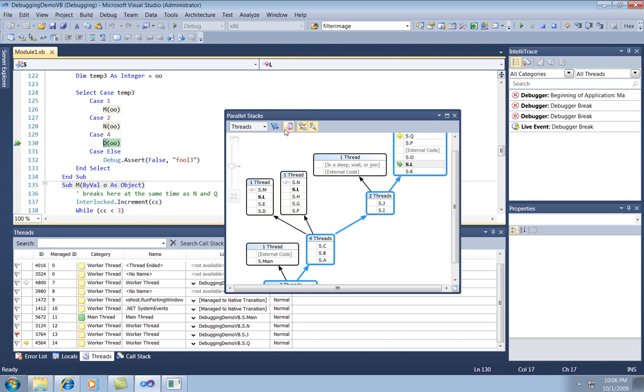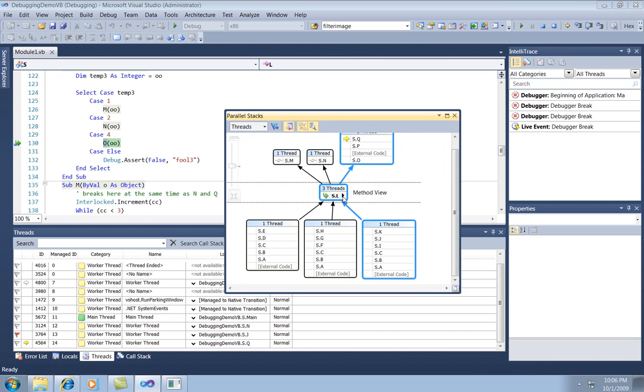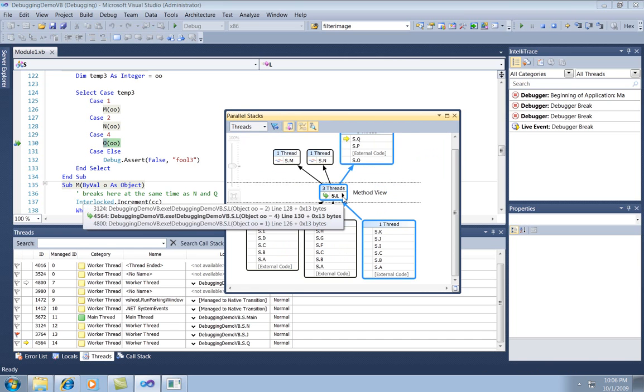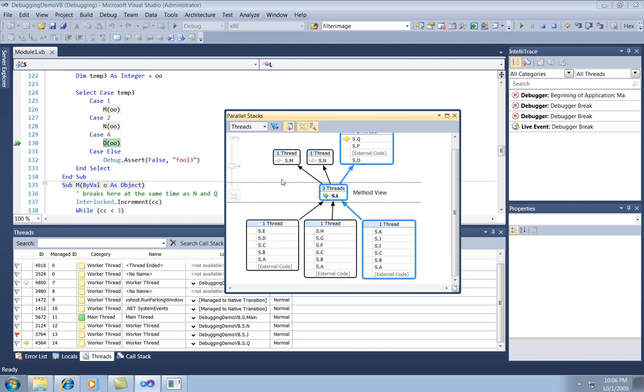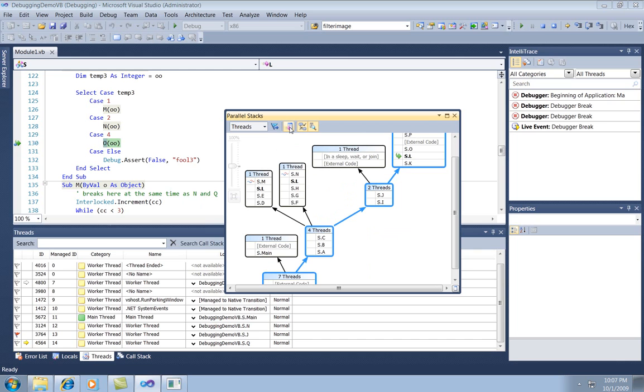Now if I click on the button next to the Show Only flag, this one here, that's the Toggle Method View button. And what it does, the method that I selected, in this case L, is now shown to me with other call stacks, other frames, so I can see which ones are calling into L and which ones L is calling back out. So the graphic is changed to focus on that method as the center of the whole graphic. Now I'm going to turn off the Toggle Method View button,